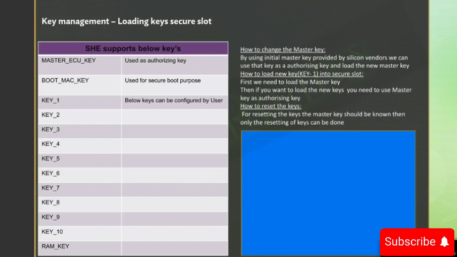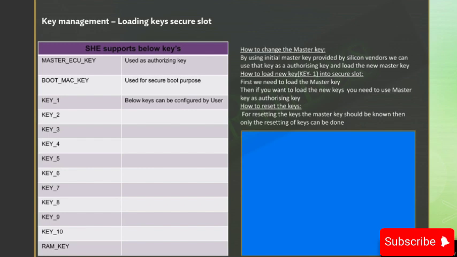Let's see how to load the key in the secure slot. Before going into the storage of keys, let's first understand the different keys supported in the SHE model. SHE supports the master ECU key, which is used as an authorizing key and it is reserved. And it has the bootmap key, which is used for secure boot purposes.